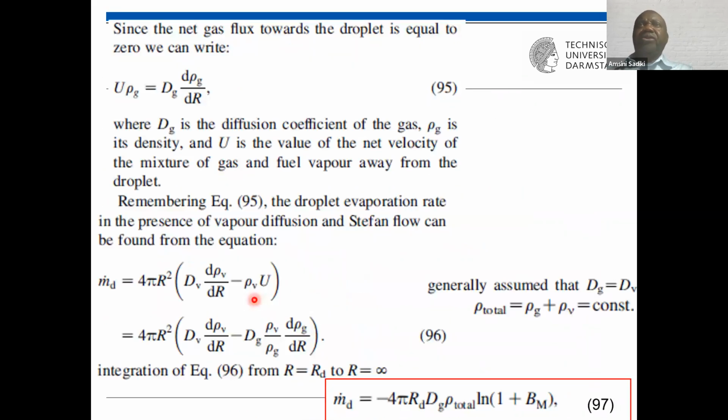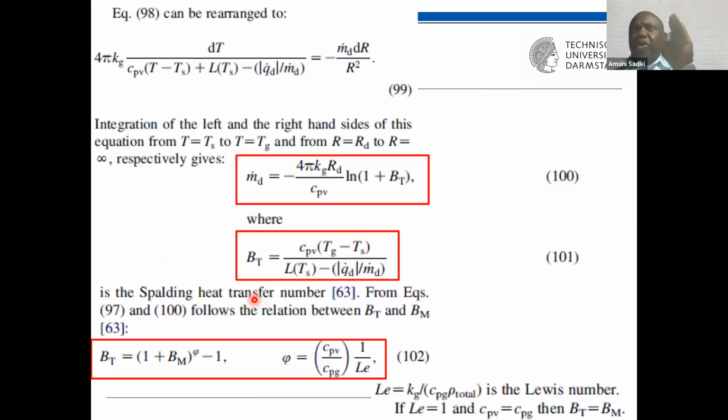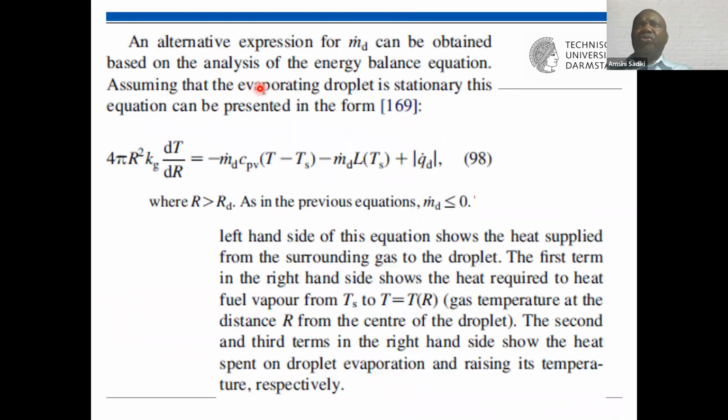And by using this expression, then we can go through and solve it. The details of solving are not given here, but we can do it. I gave only the main part. And after integration of this expression, in which we have introduced this quantity we introduced before,